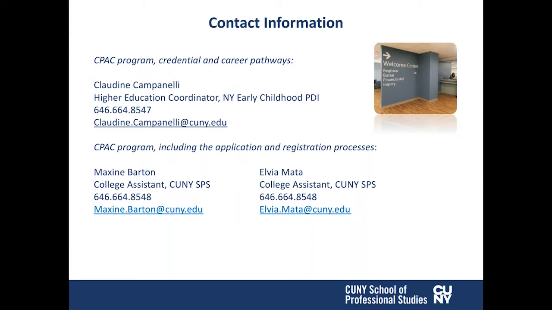Upon completing the information within the application, you will need to submit a $70 application fee. And then you will also need to provide us documentation of proof of your bachelor's degree. If you have a bachelor's degree from a CUNY program, you do not need to make a formal request for an official transcript, as we will be able to retrieve that within the CUNY system. If you have a bachelor's degree outside of the CUNY system, you will need to submit formal transcripts to the university. And you can either mail that to Elvia Mata, myself, or the admissions team.